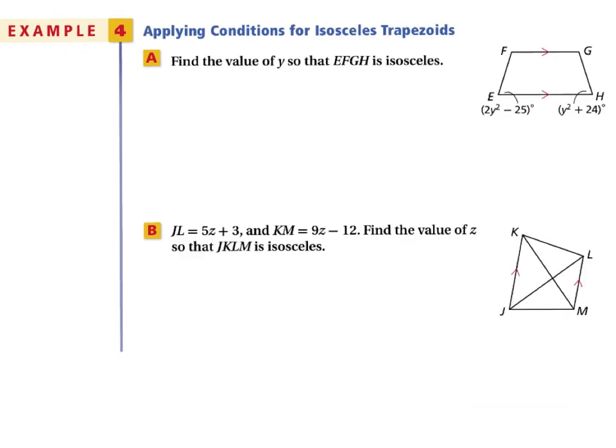In example 4, we're going to apply the conditions for isosceles trapezoids. Find the value of y so that EFGH is isosceles. Well, we know that base angles are congruent, so we know angle E is congruent to angle H, and their measures are equal. So by substitution, we would say that 2y squared minus 25 is equal to y squared plus 24. If we solve, subtracting y squared on both sides, y squared equals 49,